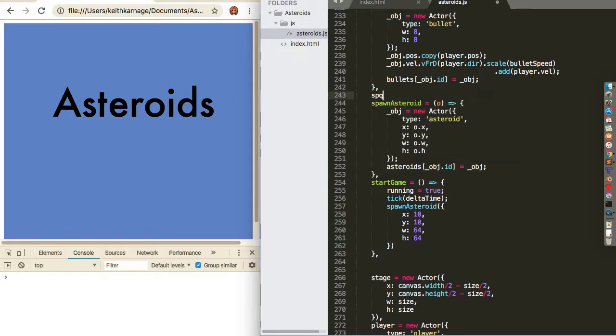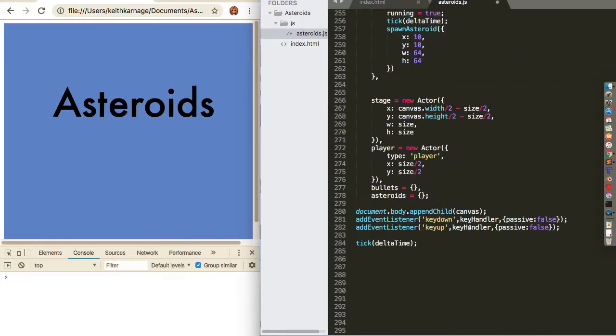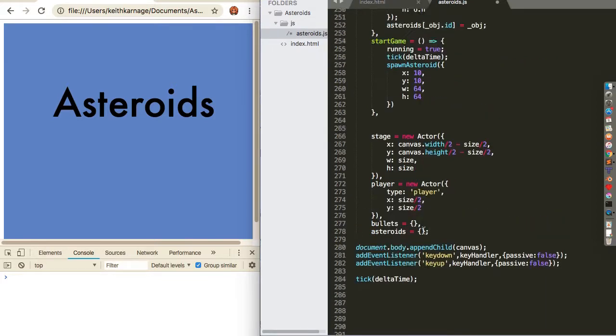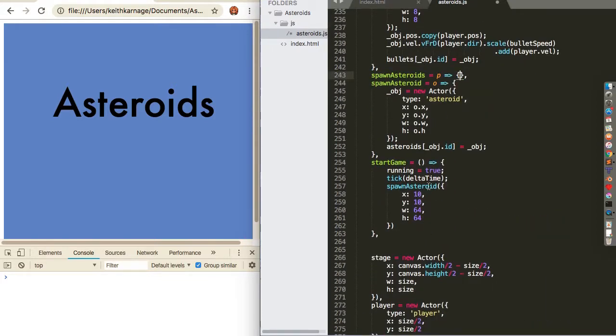I'm going to go spawnAsteroid equals, I can't remember just now. I think I will need the parent object that it's spawning from. I don't need that for the first one though. Where do I have spawnAsteroid? Oh, in startGame. spawnAsteroid. The parent for this is going to be